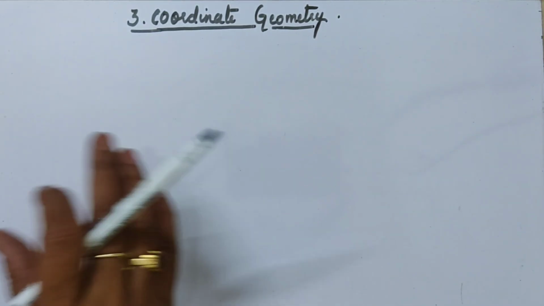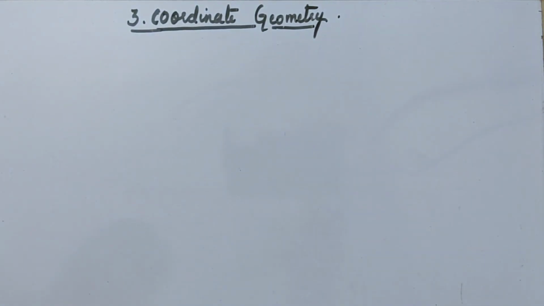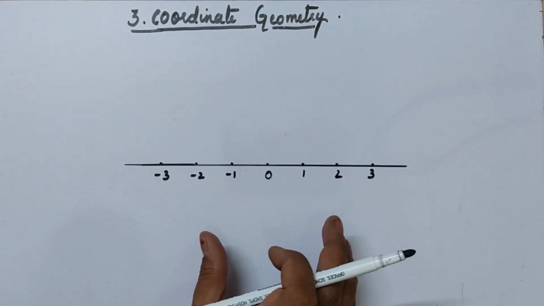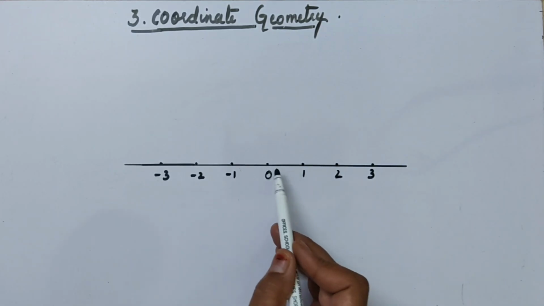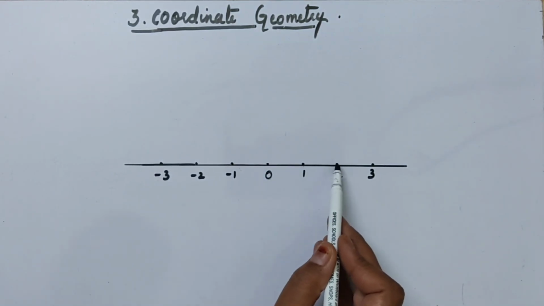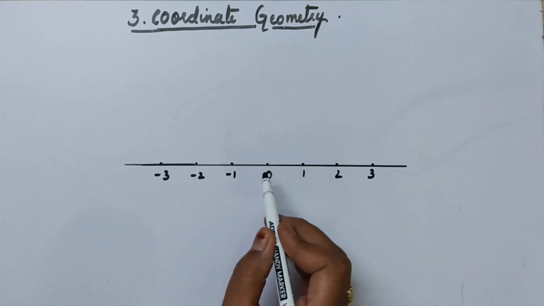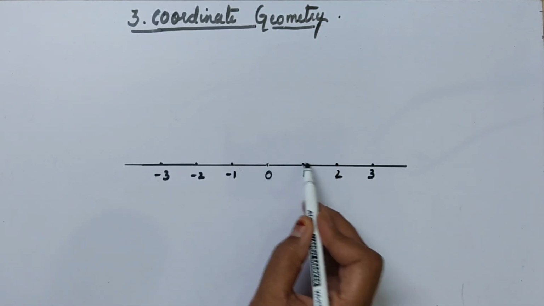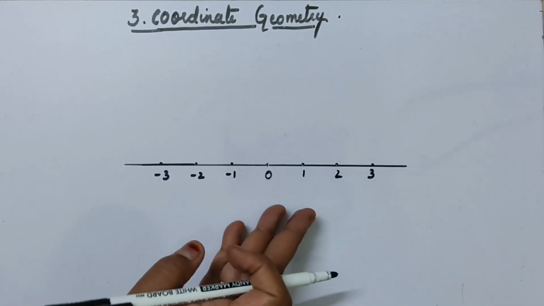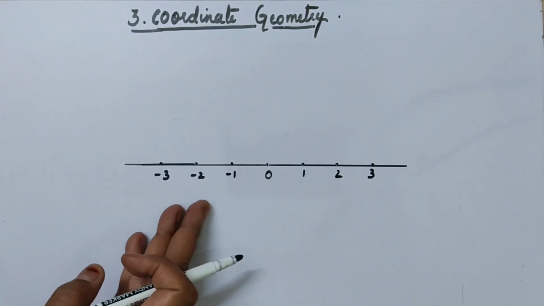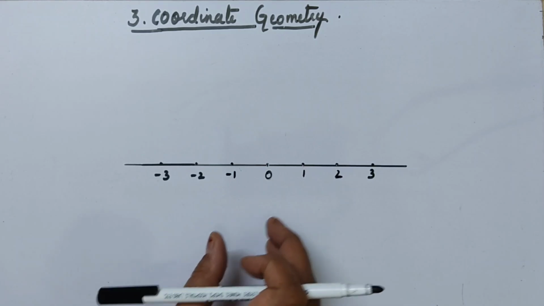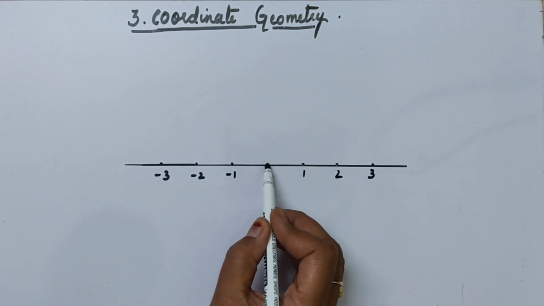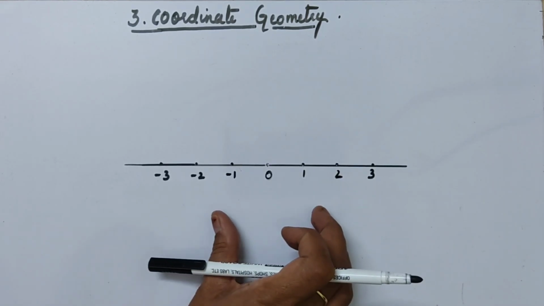Now, I guess everybody is aware of a number line, is it? You can see that we use a number line to represent the numbers at equal distances. You can see all these are equal distances, right? The distances from this fixed point are marked in equal units, positive on one side and negative on the other side. The point from which the distances are marked is called the origin. I hope this is clear to you all.